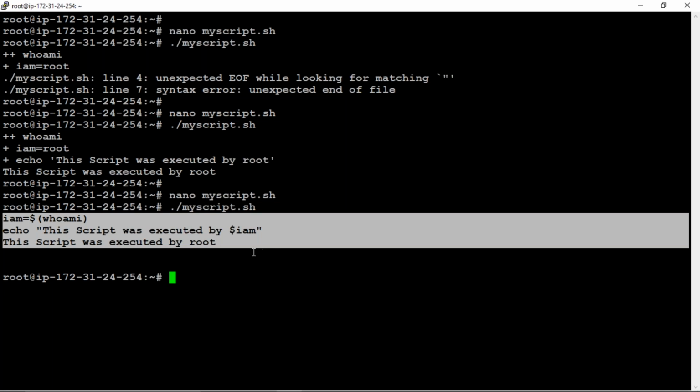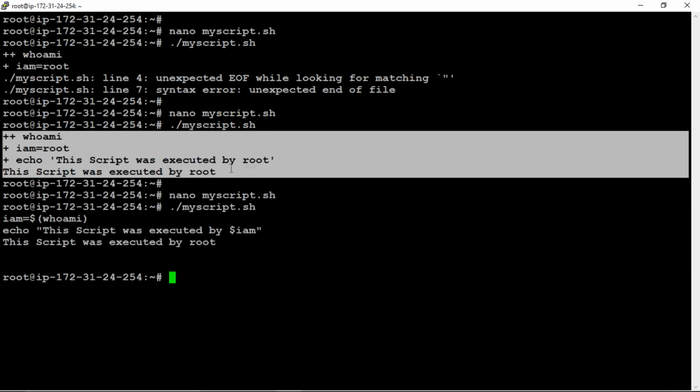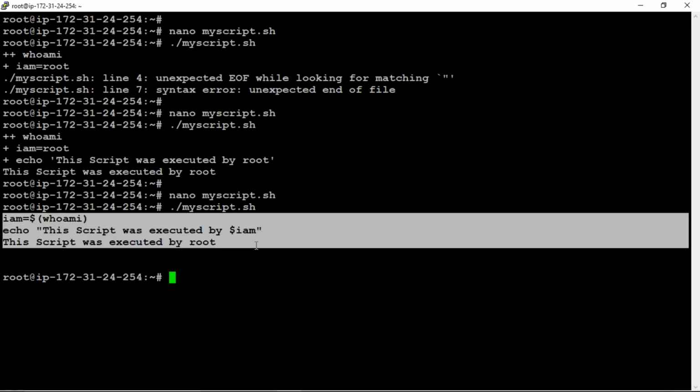By using -x, we got this output. By using -v, we got this output. The script we wrote in -v displays the data.